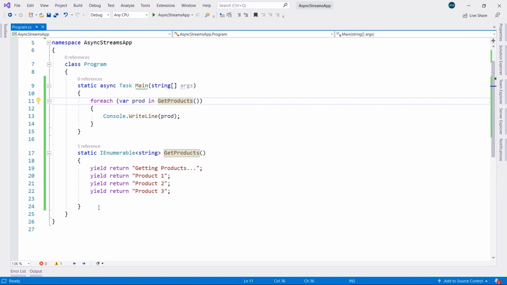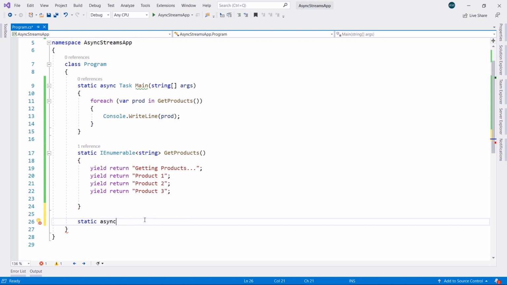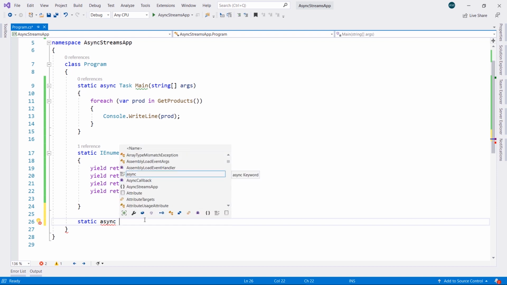That's already existed before. So what happened? What is the asynchronous stream that we have discussed at the beginning of the video? I'm going to create almost the same method. It's going to be static, but I'm going to make this method in here, the get products, asynchronous. So I'm going to add the async keyword, and I'm going to use the new interface,